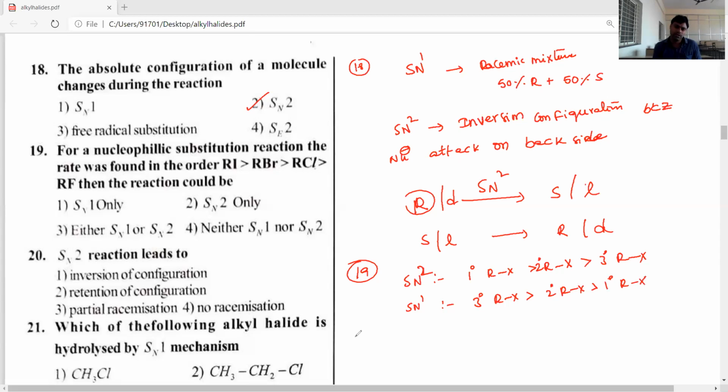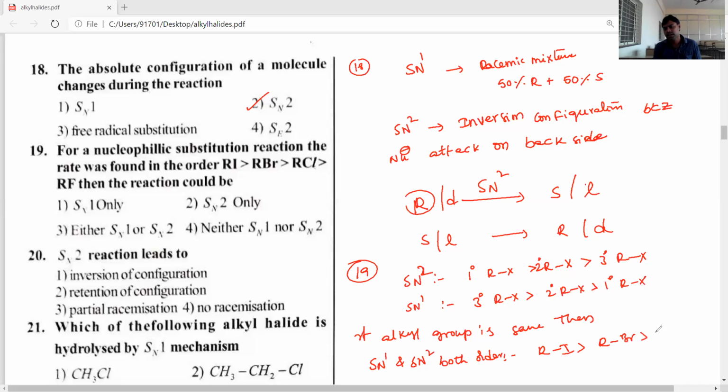If the alkyl group is the same, then in both SN1 and SN2, the order is always alkyl iodides more than alkyl bromides, and then alkyl chlorides, and then